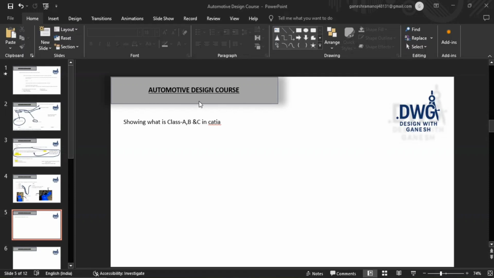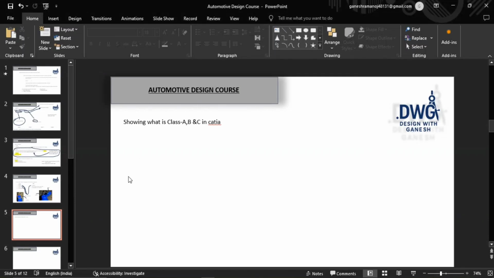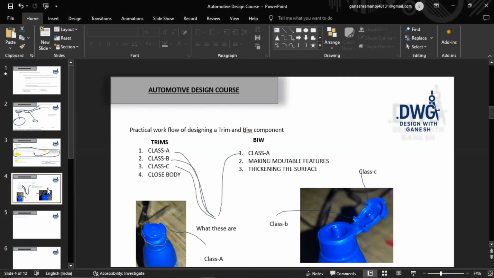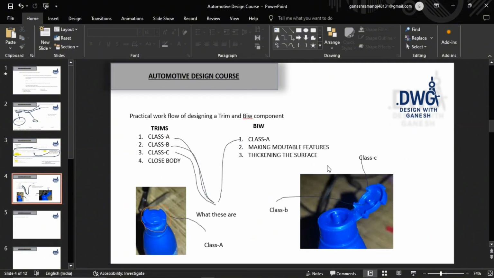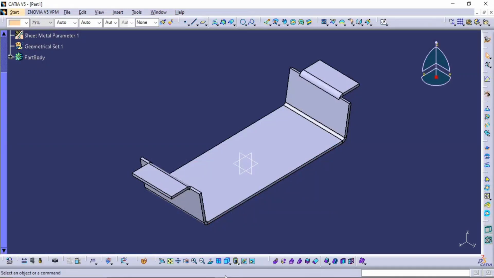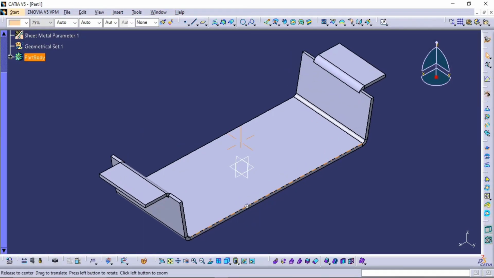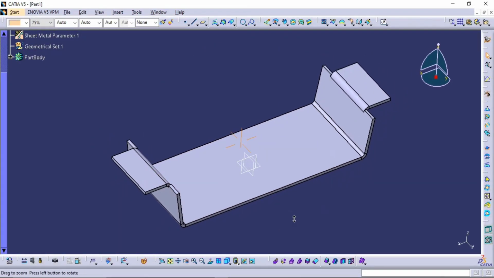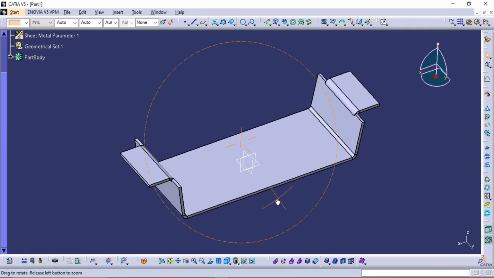So coming back to our discussion. Last video we saw clearly what class A, class B, and class C surfaces are, right? In this video we will try to know what class A, class B, and class C are in a software. So this is a sheet metal bracket I have with me. Let's say, for example,